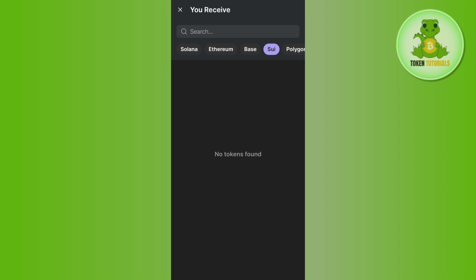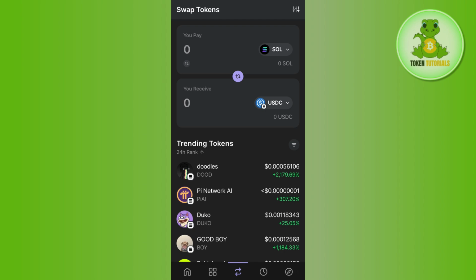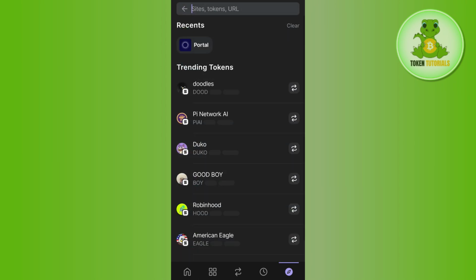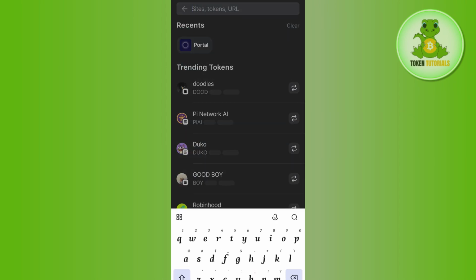So in this situation, what you can do is you can simply use any other bridging websites like Portal. So you can get access to Portal with the help of the Phantom Wallet application. So here you need to tap on this browser icon in the bottom right hand corner of the screen, and over here in the search bar you need to simply search for Portal. Now once you type Portal, it will automatically redirect you on the portalbridge.com, where you need to first of all